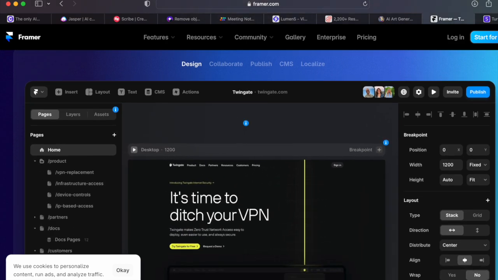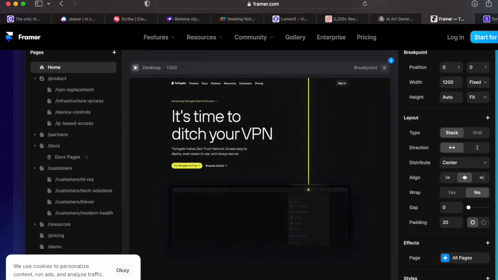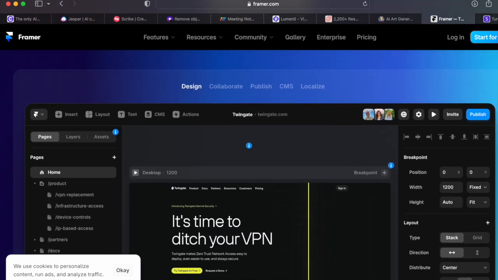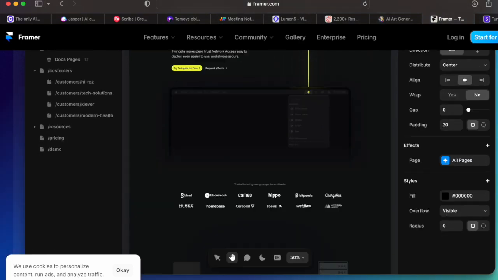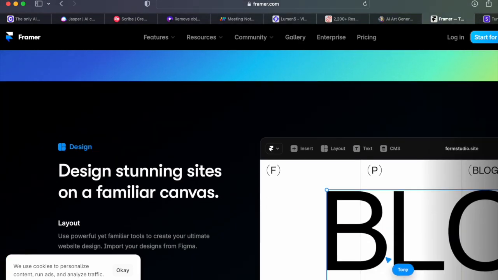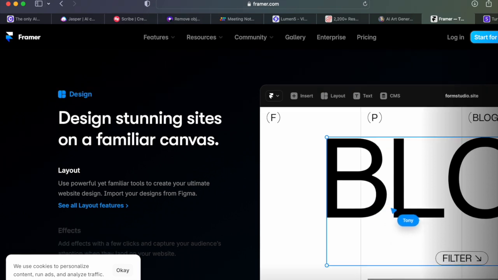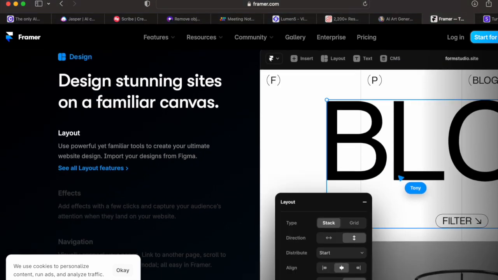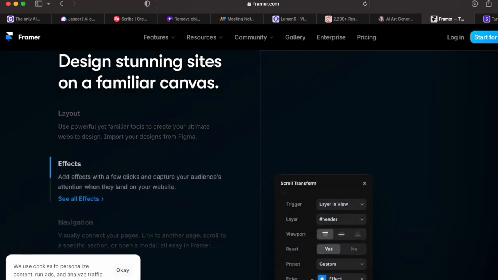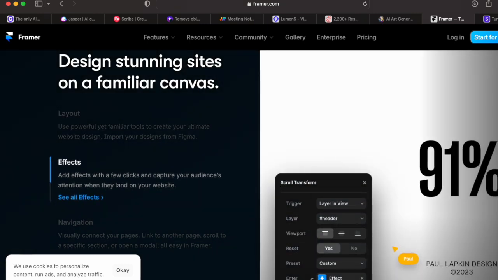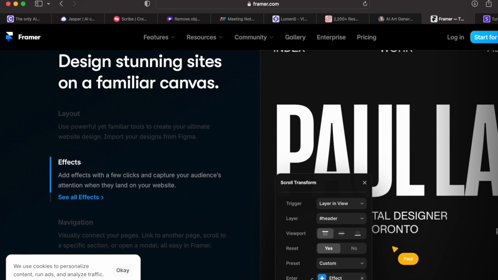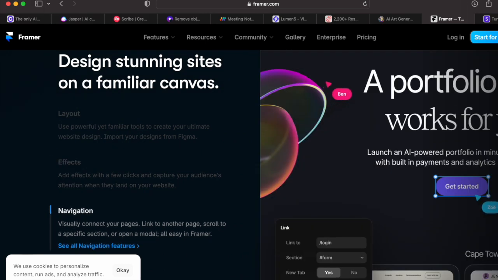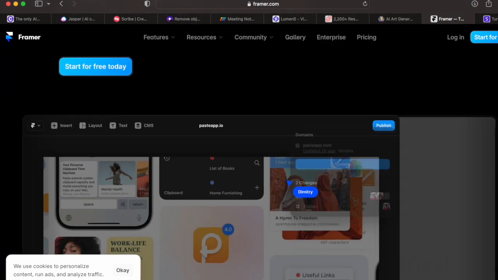सो लेट्स गेट स्टार्टेड. सो यू कैन सी दैट यहाँ पे आप डिज़ाइन कर सकते हो, कोलैबोरेट कर सकते हो, पब्लिश कर सकते हो. सो आप इस ऐप के थ्रू ही कोलैबोरेशन में भी डिज़ाइन कर सकते हो, और इस ऐप के थ्रू ही आप अपनी जो भी सोशल मीडिया पे पब्लिश करना चाहते हो वो भी कर सकते हो. सो आप देख सकते हो कि यहाँ बहुत सारे लेआउट्स और टेम्पलेट्स अवेलेबल है जिसके थ्रू आप अपनी इमेज या जो भी आप मे बी एनी लोगो और समथिंग वट एवर यू वॉन्ट टू डिज़ाइन, मे बी एनी वेब पेज या जो भी आप इसे डिज़ाइन करना चाहते हो इसके थ्रू आप इजीली डिज़ाइन कर सकते हो.